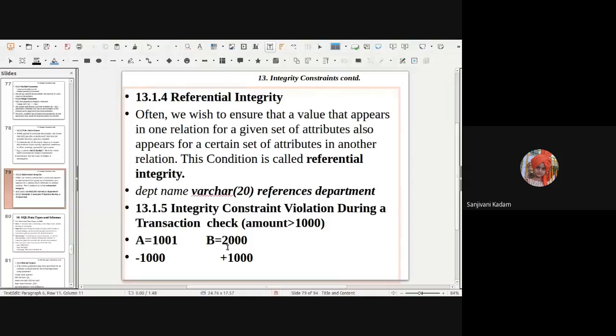Okay. So whenever we are performing a transaction, these constraints will also be applied during the transaction, and it will not violate this rule. So this is the first thing. And the second thing is that